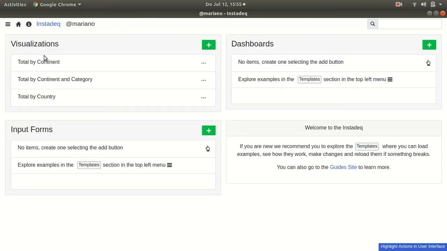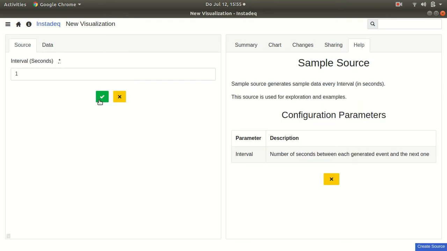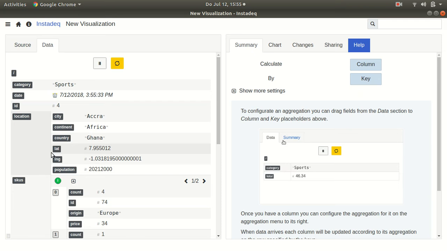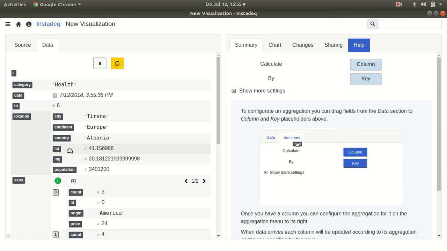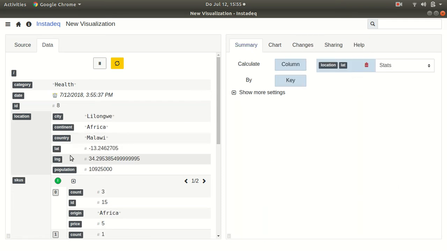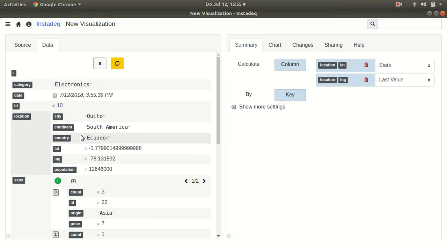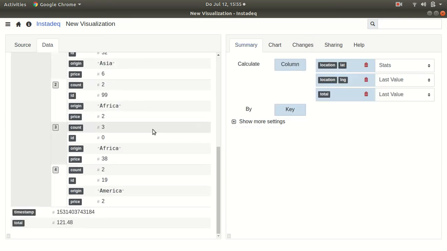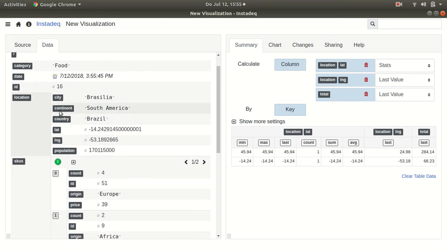And we can do another one. We have some geolocation information here, so we can do total by location. So we drag the latitude, longitude, total by city,